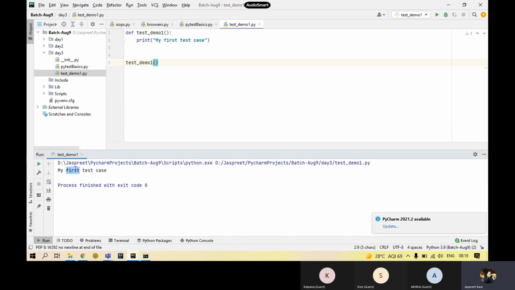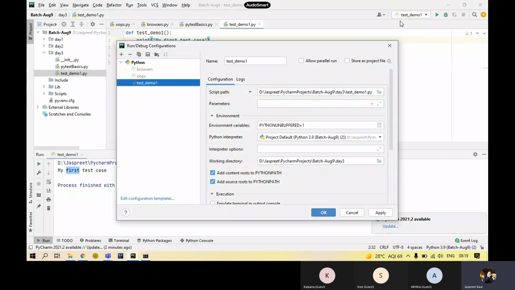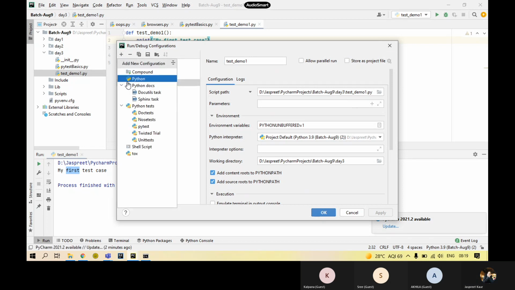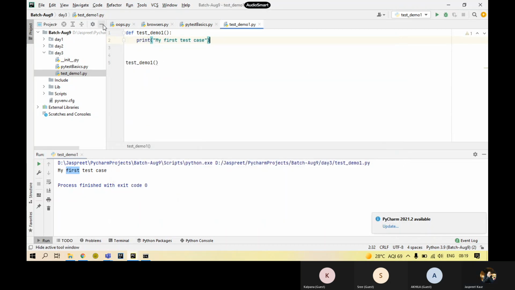Now it is given. But in the case of test cases that we are going to make, we don't have to call the functions. It's automatically going to run the test case that is made, by changing the configurations a little. So if we look for the configuration over here, these are the configurations we need to see to make it run using PyTest. It's not showing. Let's see.